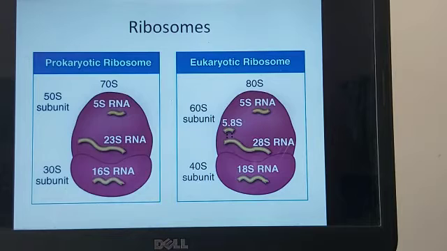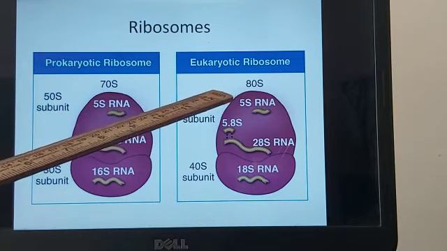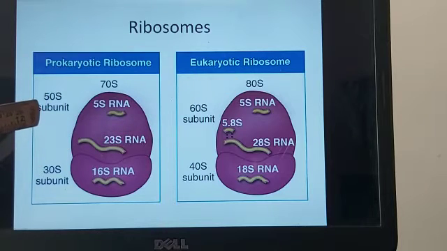Now, since ribosomes are present both in prokaryotes and eukaryotes, there is a difference between the structure of the prokaryotic ribosome and the eukaryotic ribosome. The prokaryotic ribosomes are known as 70S type and the eukaryotic ribosomes are known as 80S type. The prokaryotic ribosomes are made up of two subunits, 50S and 30S. Please do not think that 50 plus 30 should be 80. No, it is not like that. It is not measured or valued in that manner.